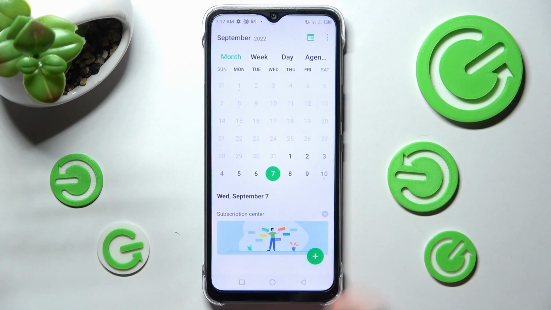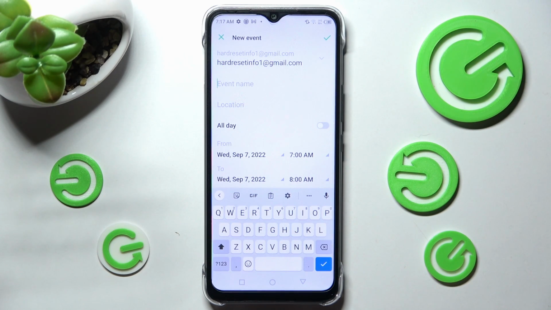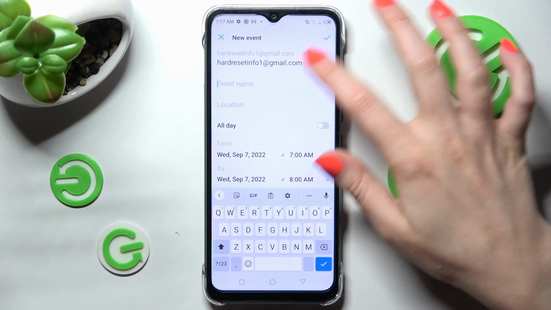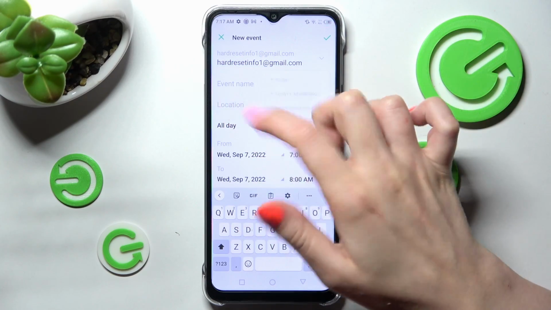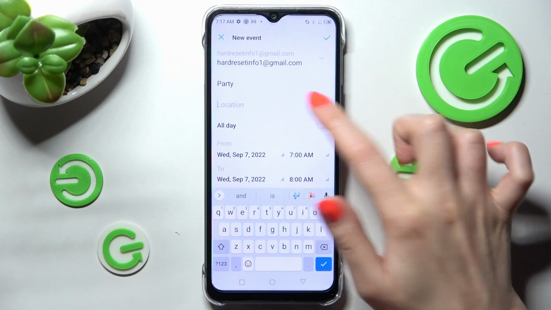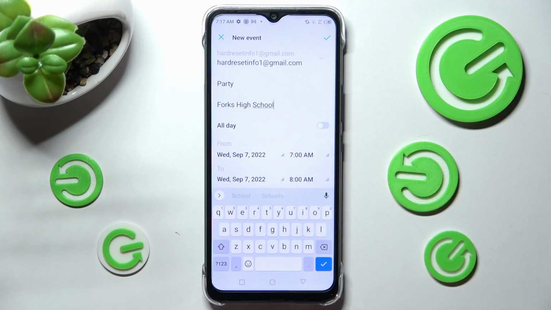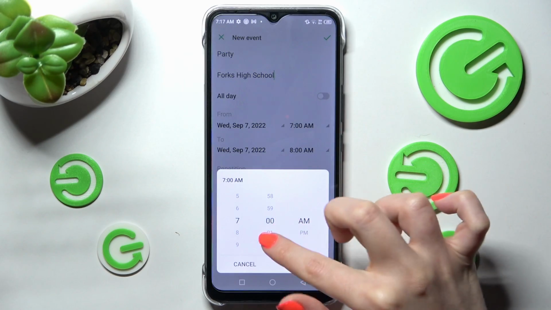I will go with that one. Now create your event by choosing this plus icon at the bottom right corner and then adjust it however you wish to. For example, you can add your Gmail over here, name your event however you wish to, type in location of it, click on the correct result, pick starting hour